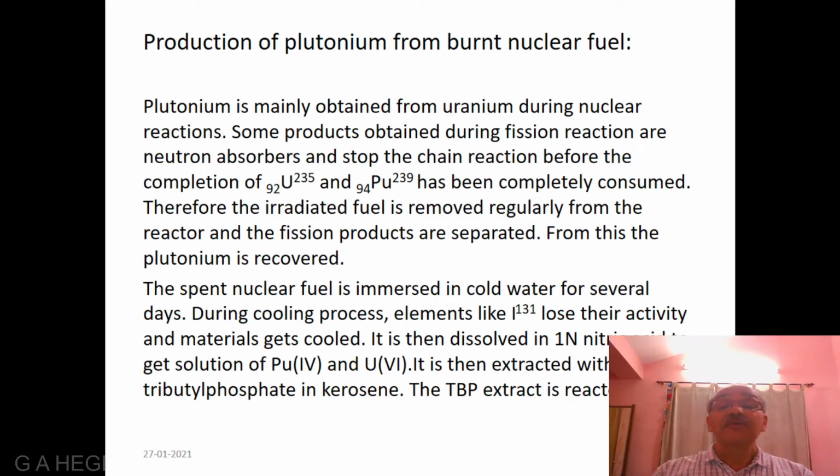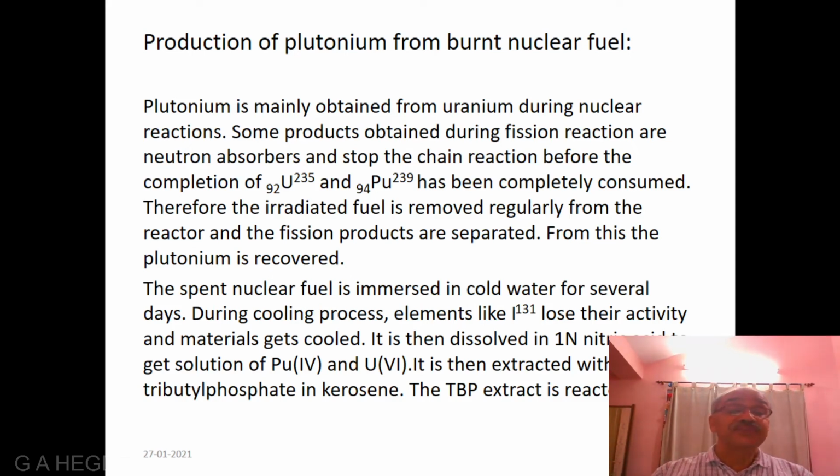Production of plutonium from burnt nuclear fuel. Plutonium is mainly obtained from uranium during nuclear reactions. Some products obtained during the fission reactions are neutron absorbers and stop the chain reaction before the completion of 92 uranium-235 and plutonium 94-239 has been completely consumed. Therefore, the irradiated fuel is removed regularly from the reactor and the fission products are separated. From this, the plutonium is